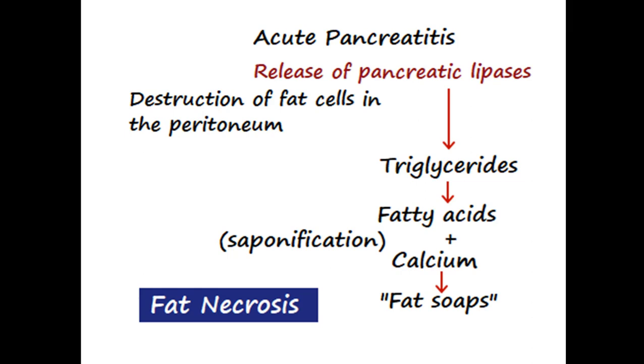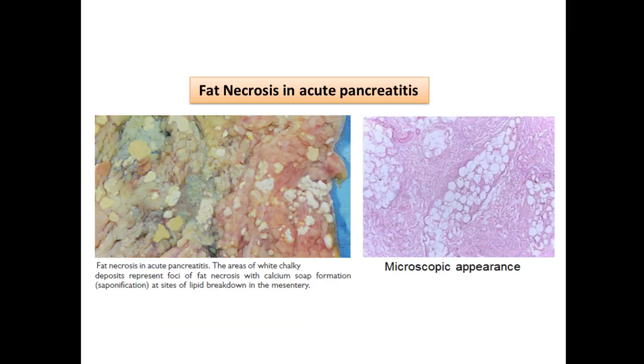So fat necrosis is particularly seen in conditions where there is injury to the pancreas. In this picture we can see fat necrosis in acute pancreatitis, and it is represented as areas of white chalky deposits, which indicate foci of fat necrosis, and the addition of calcium, or saponification, will result in the formation of